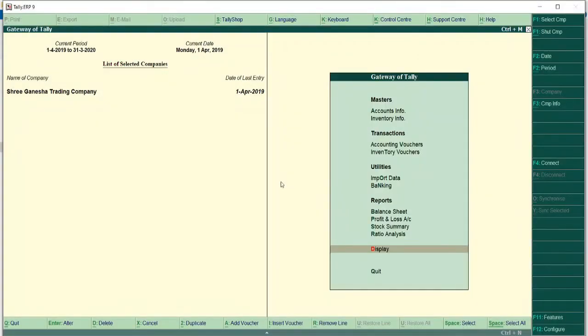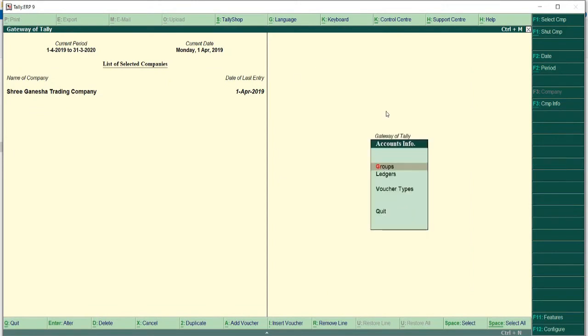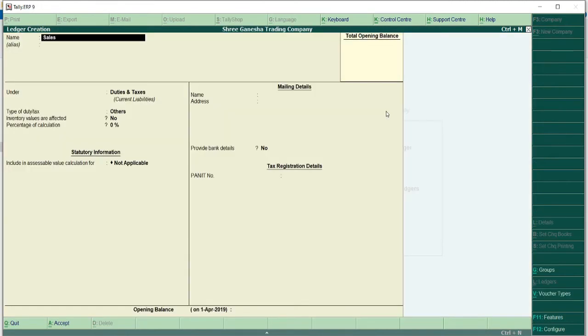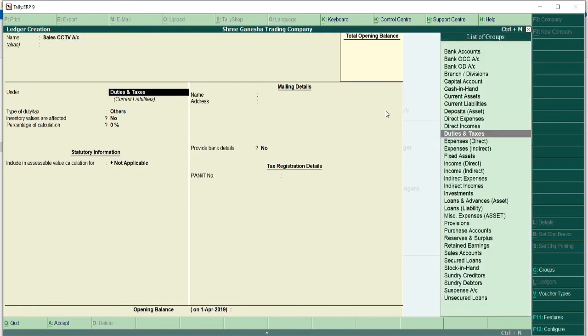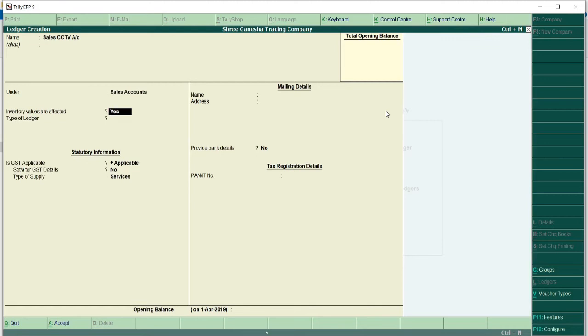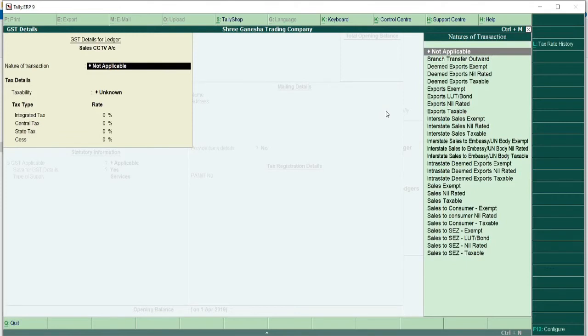So I am here on the Gateway of Tally screen, accounts info, ledgers, create, sales CCTV account. I am going to select group as sales. Here also you have to be careful while selecting this. Is GST applicable, and set/alter details, you have to type yes here, and the nature of transaction as sales taxable.